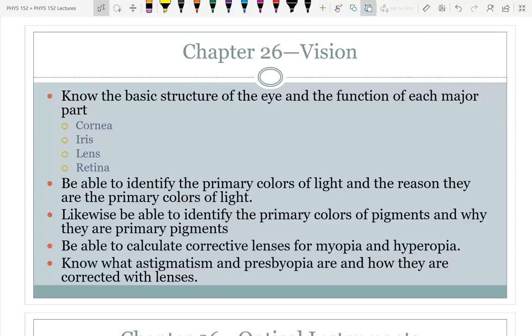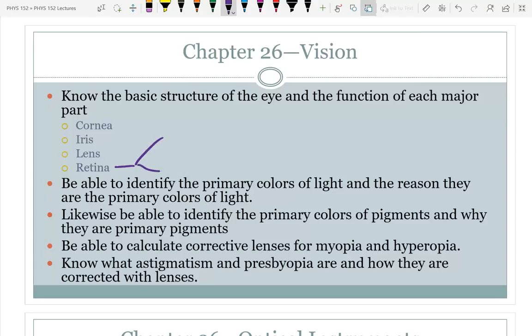Okay, what's the point of the lens? If we said the cornea's point is to focus light, what does the lens do? It's just focusing because it flattens out and it contracts. Okay, the lens deforms to allow us to change the focus. So it allows us to adjust from focusing on something really far to something closer. And then the retina